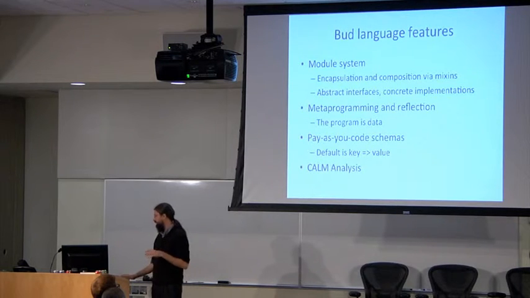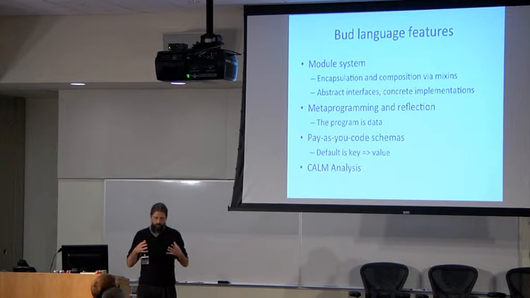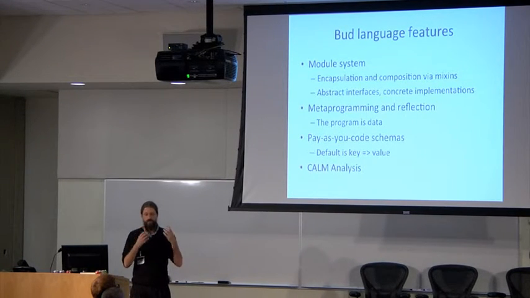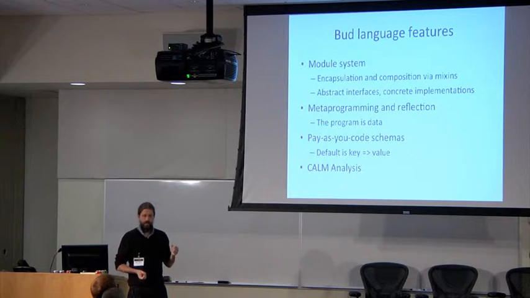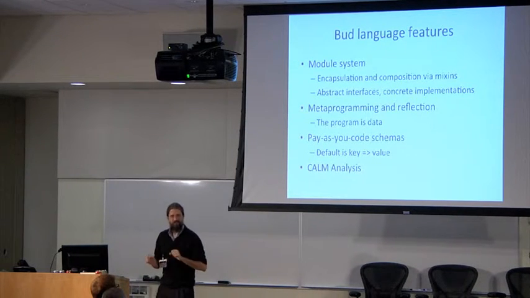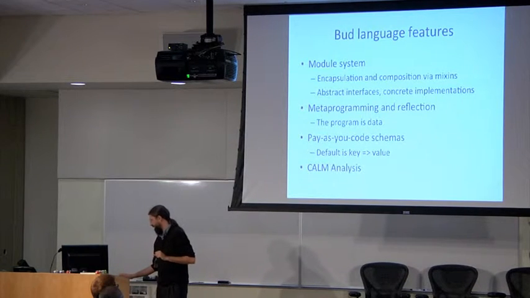And then the most important thing is it ships with some visualization tools that allow you to reason about, first of all, what high-level data flow does my program text induce? And then, should I be concerned about the consistency of that data flow? And I'll talk about this in detail in the rest of the talk.